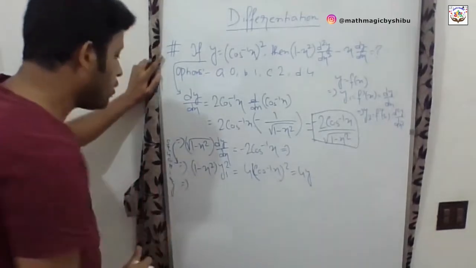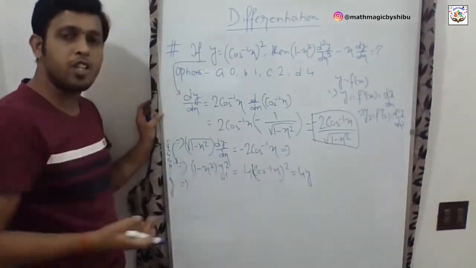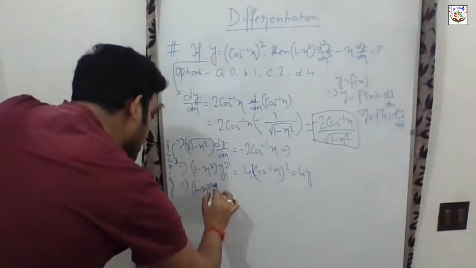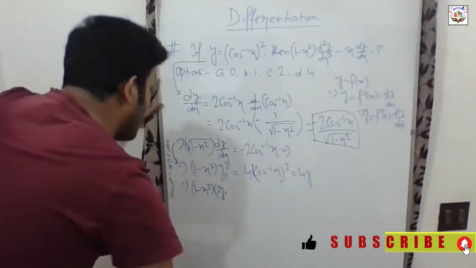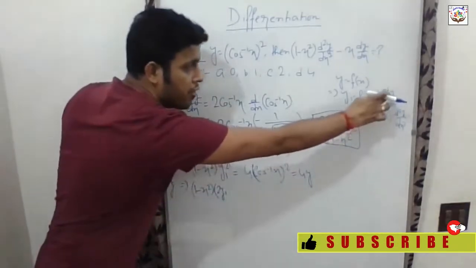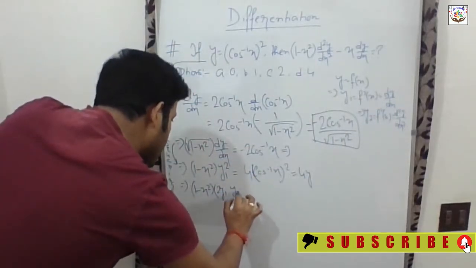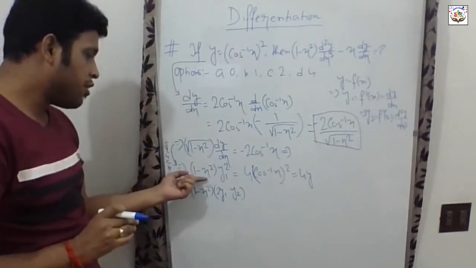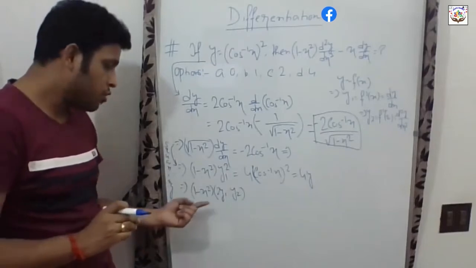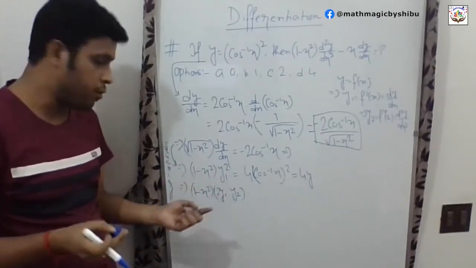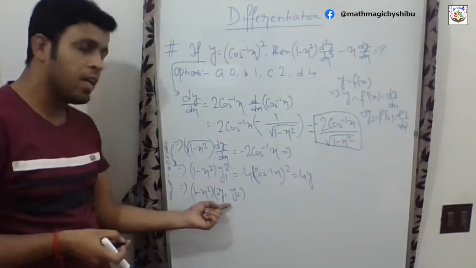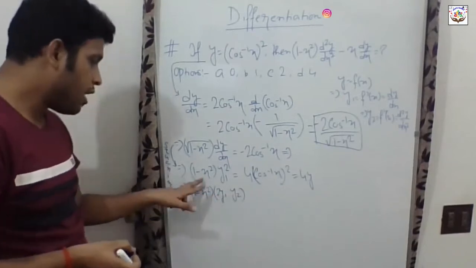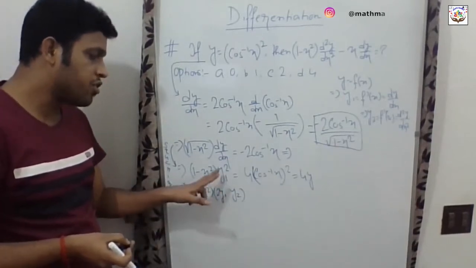Now we will differentiate both the sides with respect to x. So what we will get, at first 1 minus x square constant, the derivative of y1 square is 2 into y1, and the derivative of y1, that means derivative of dy dx, would be d2y by dx square, which is y2. Did you get that point? I am explaining it again. 1 minus x square is a u function and y1 square is a v function. So in case of d by dx of u into v, what do we do? We take u as constant and differentiate v, plus we take v as constant and differentiate u. So here 1 minus x square is u and y1 square is v.